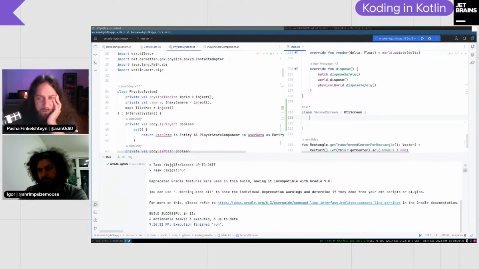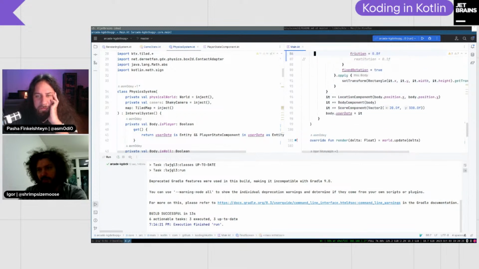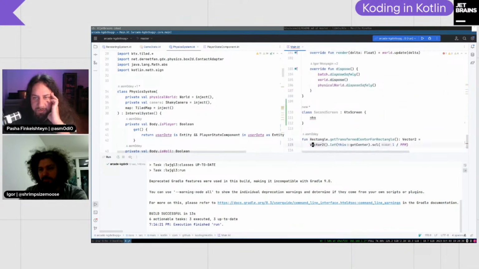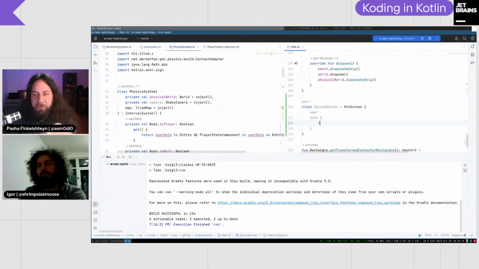Do you have how to override something? Override init, I guess, or just init. Init is initialization of different things. Render, yeah. We actually they have this render.